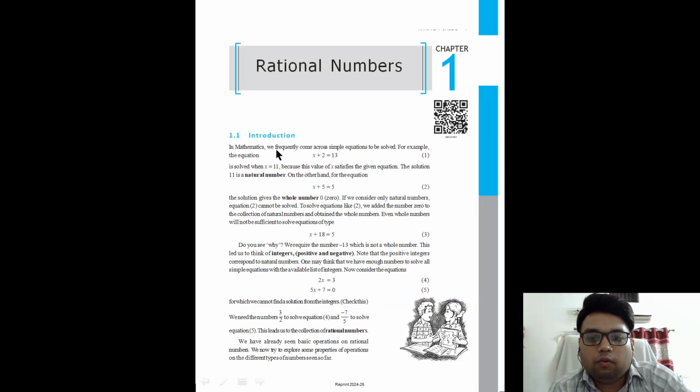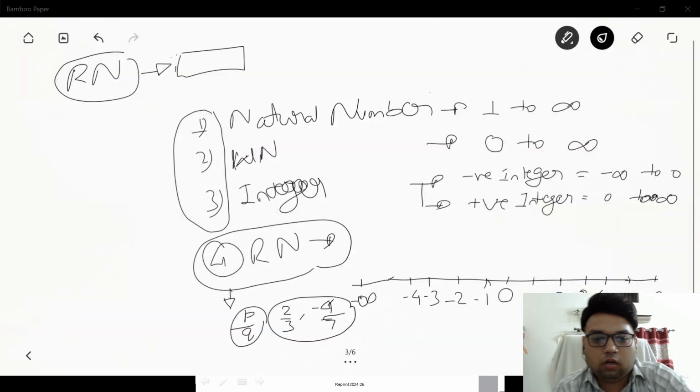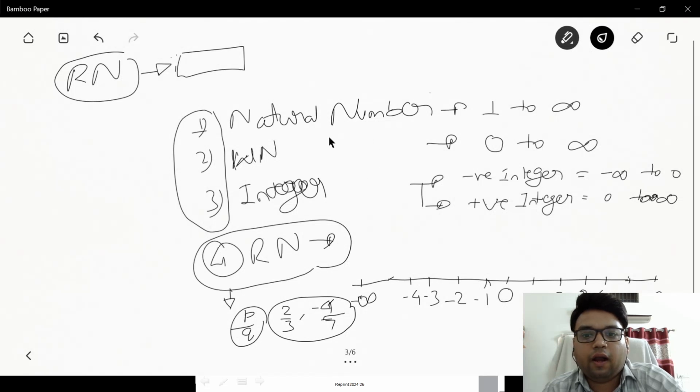When we learn it, we observe some specific terminologies like natural number, whole number, integer number, positive and negative integer number, and rational number. Let us learn about this terminology first, then we move forward. Otherwise, it is cumbersome for us to learn these things. So we are starting with the one line definition of natural number, whole number, integer number, and